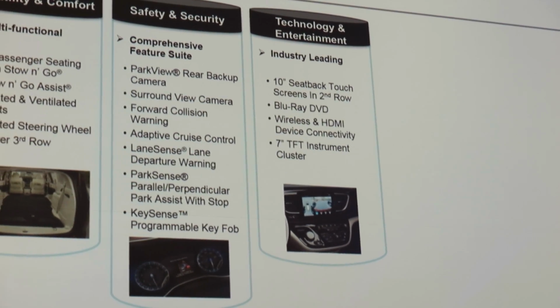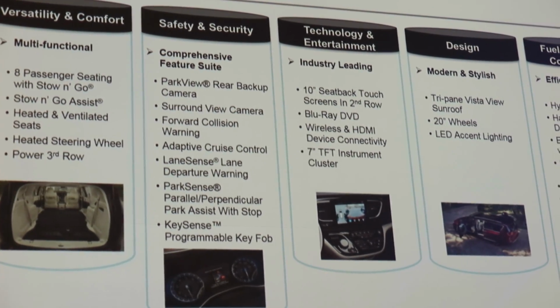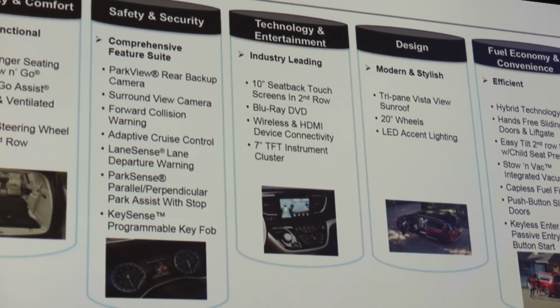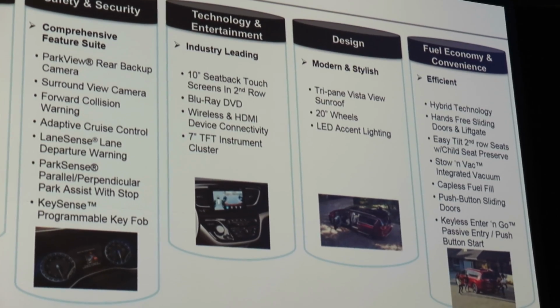So there are other sets of requirements too. A lot of really hard things again, for vehicles in general, and then even minivans in particular. A lot of the customer requirements as far as versatility: needs an 8-passenger element, needs 7-passenger elements. Our Stow 'n Go seats with big holes in the floor, the ability to get in and out of the